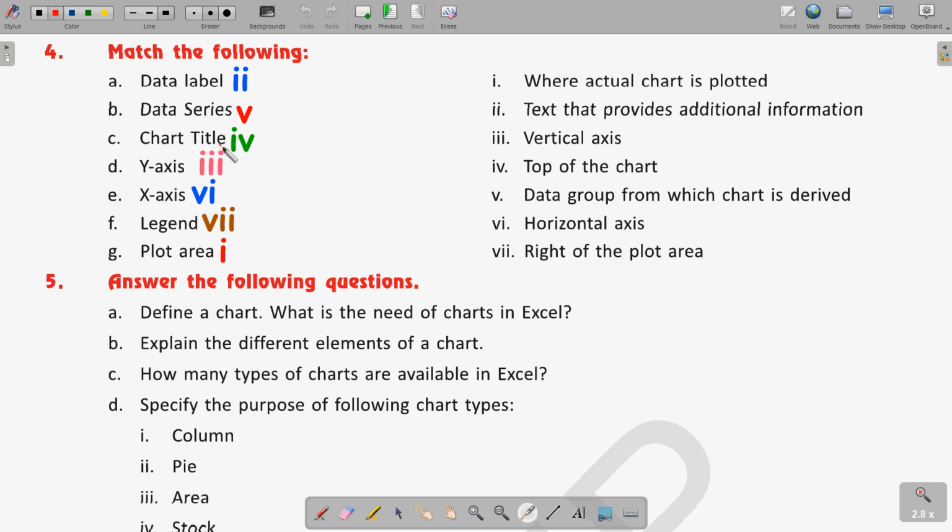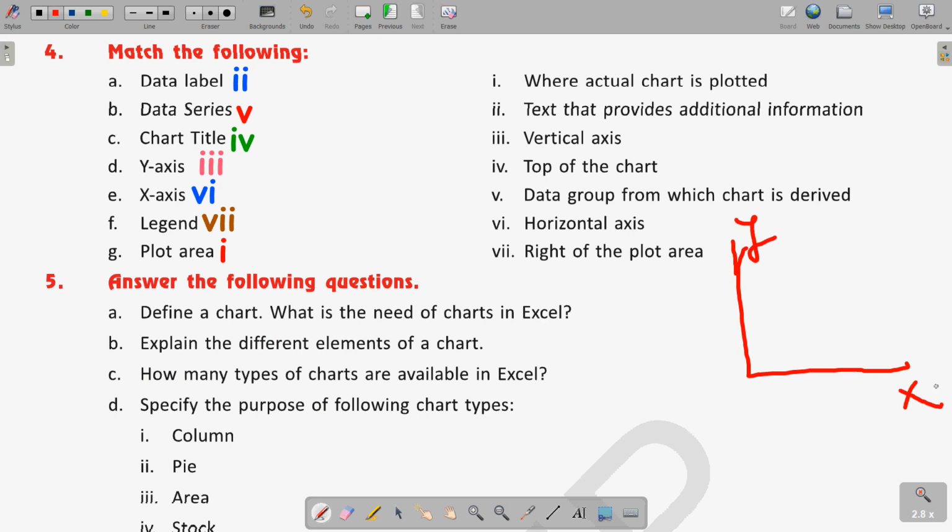Then chart title. So what is chart title? The title which is written with the chart or at the top, you can see. So chart title here, option number 4, that is top of the chart. Clear? That is chart title. Then y-axis and x-axis. Let us draw it once again. So whatever the chart we are drawing, we all know that in maths also we study graphs. So what is the y-axis and what is the x-axis, we know.